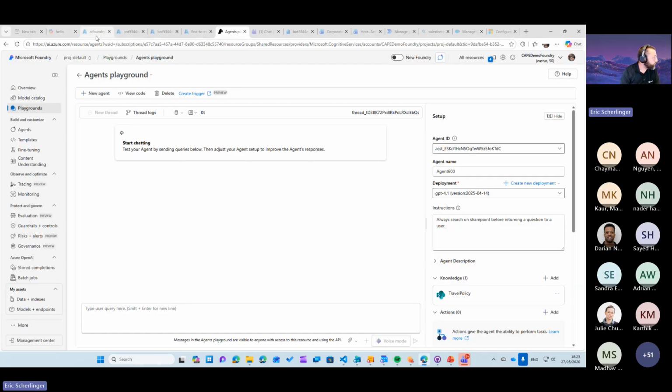So I did pre-create a few things. The first thing you need to do, if you want to run with that sample as is, is you need to have a Foundry deployment. In that Foundry deployment, you need to create an agent. And for demo's sake,